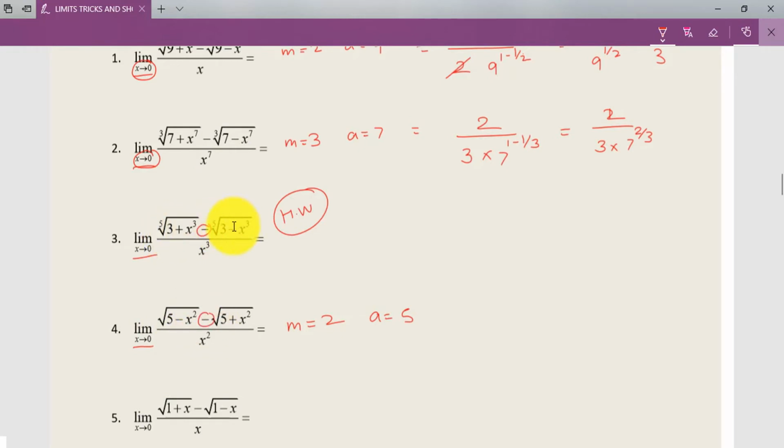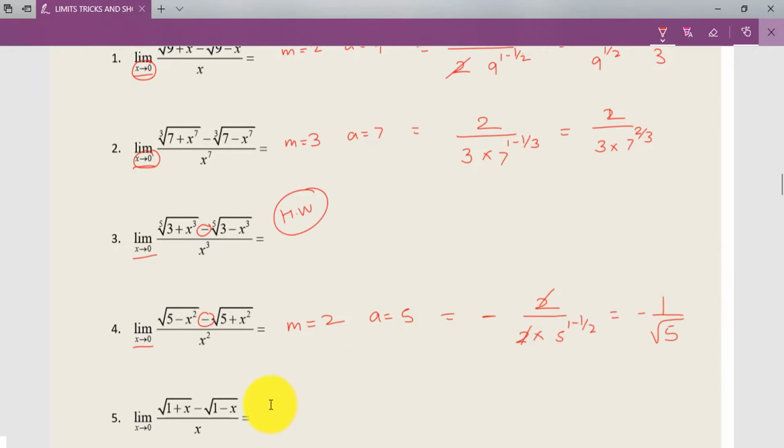But if this gets interchanged, that is the term 3 plus x cube and 3 minus x square, or if it gets interchanged so that it is 3 minus x cube, and in the right hand side term it is 3 plus x square, then at that time what you need to do is simply write the minus sign first, and see the formula, 2 into 2, because the value of m is 2, into 5 power 1 minus 1 by 2, which will give you, this 2 and this 2 get cancelled, so it is 1 upon square root of 5, and this turns out to be the solution.